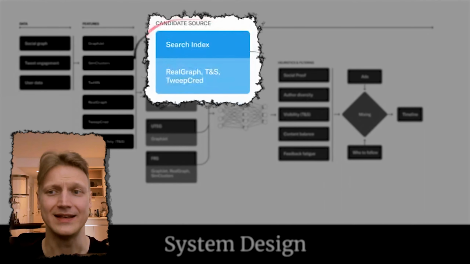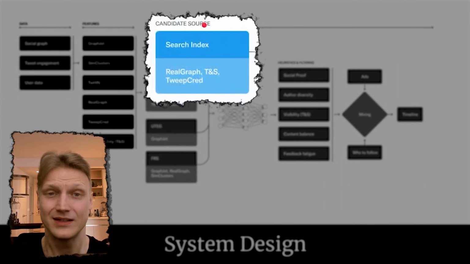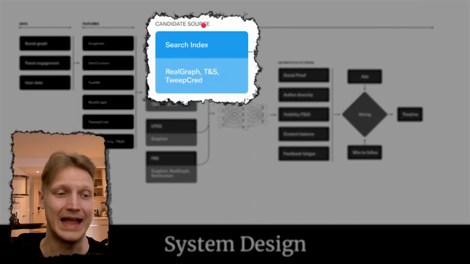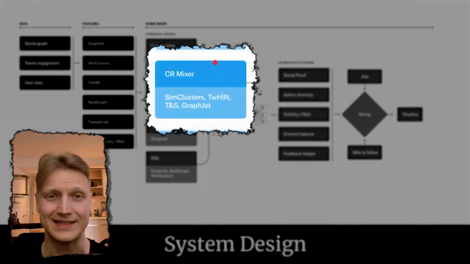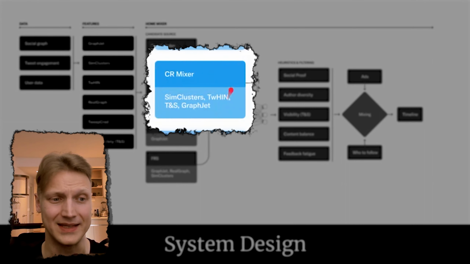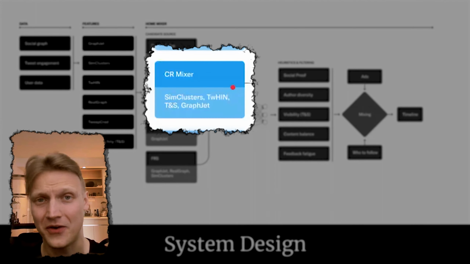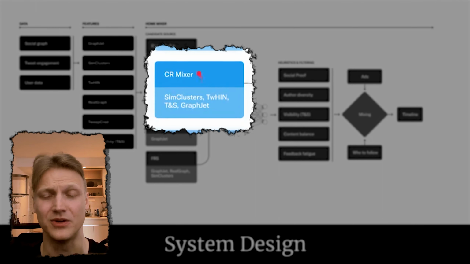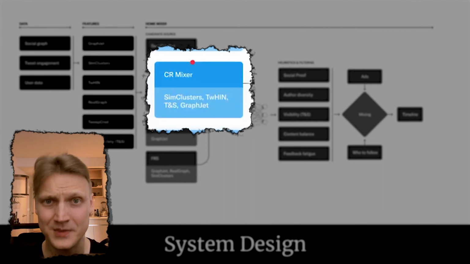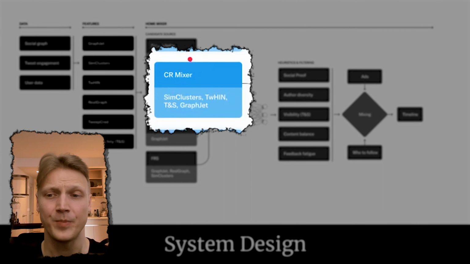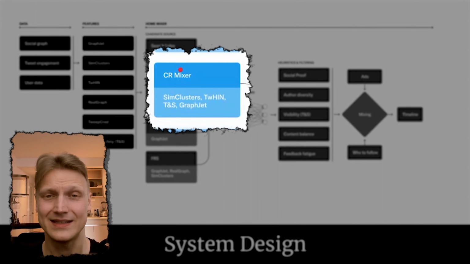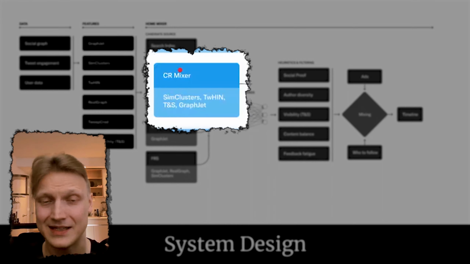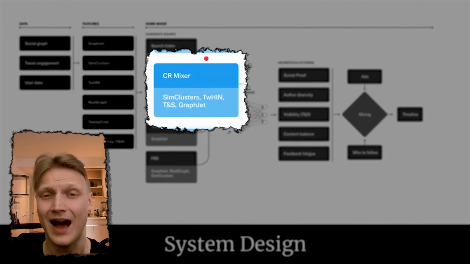The first one is search index, and that powers search itself apparently, and half of the in-network tweets you're receiving in the feed. The second one, so-called CR Mixer, is a candidate generation service, the purpose of which is to retrieve candidates from the upstream services we've discussed and feed it to the downstream services for various reasons, particularly to empower this mechanism to fill in the out-of-network feed.